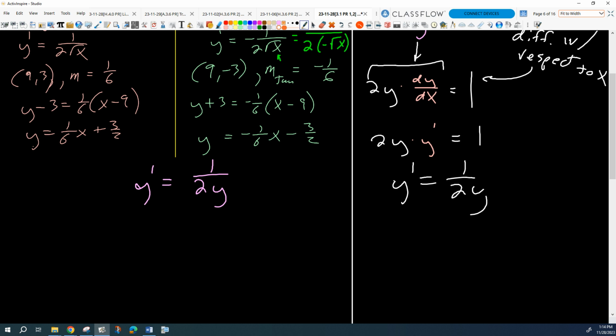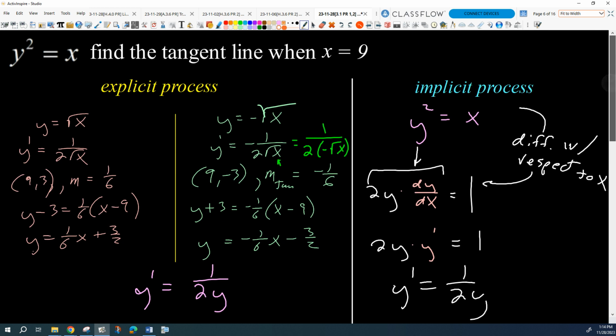That says it all. If y prime is equal to 1/2y, we can get our tangent lines really easily, right? Because what are we saying here? We want to know when x is 9. Okay, well, when x is 9, what's y equal to? Plus or minus 3, right? Agreed? Because when we just substitute,